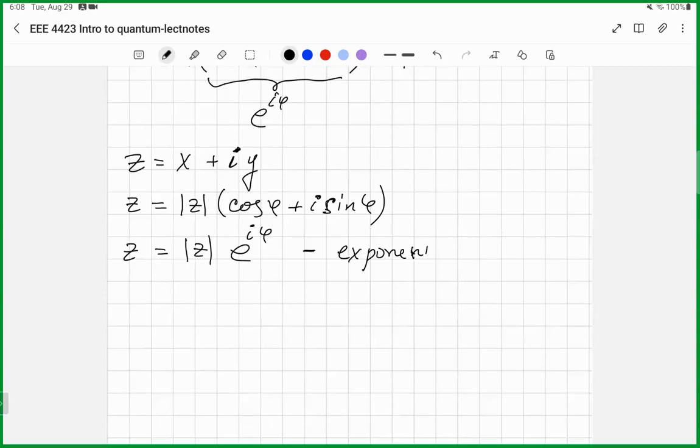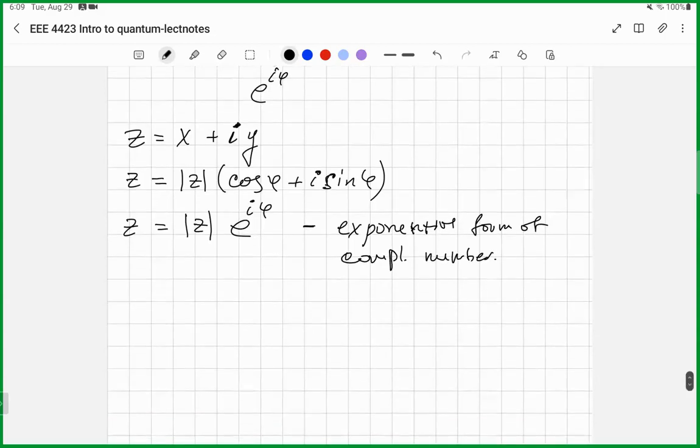Exponential form of complex number. Exponential form of complex number. So why is all this important? All this is important because